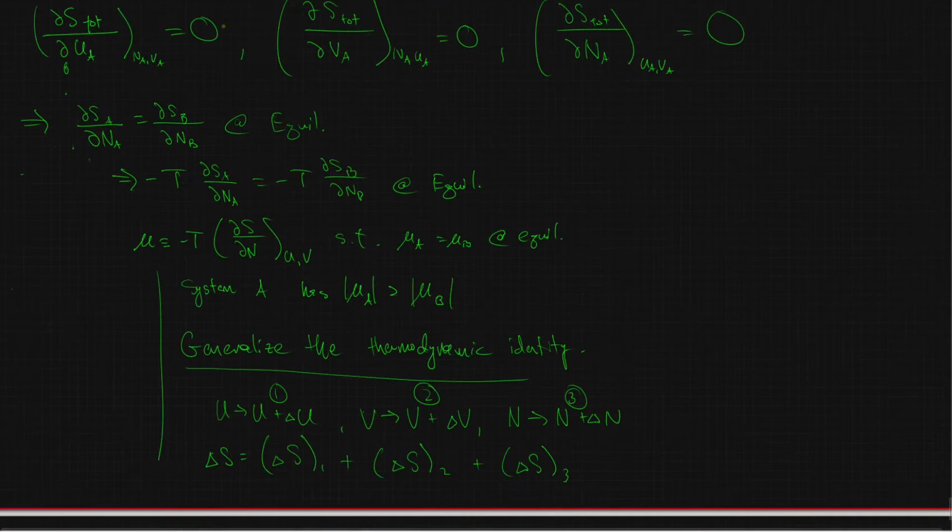Okay, so now we're just going to do the same thing that we did before. We're going to multiply by 1 a bunch of different times. So on the first term over here, we're going to multiply by delta U over delta U. Here we'll multiply by delta V over delta V. And here we'll multiply by delta N over delta N. And then we will rewrite that